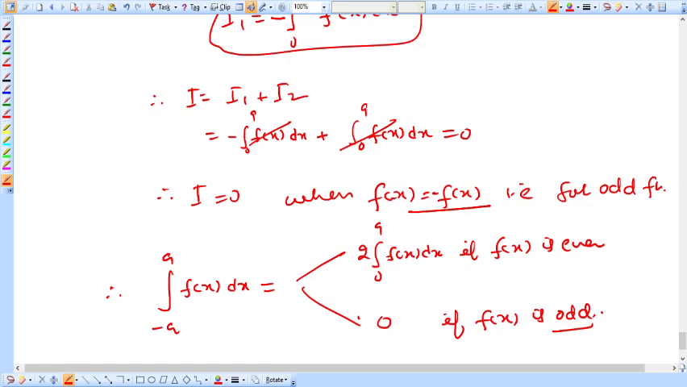So these were the some basic properties of definite integrals, right? So I hope you got it, all these things very well. Okay, so this is